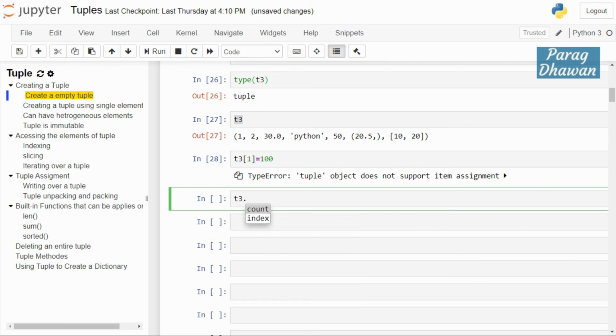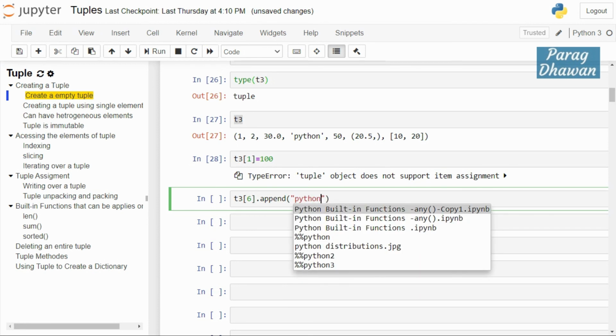Suppose I change the value of t3 at index 6: t3 dot, you have to update or append, mutate the element at index 6, and you are running one method on the list, append, because a list supports append, and we are appending a string here, Python.